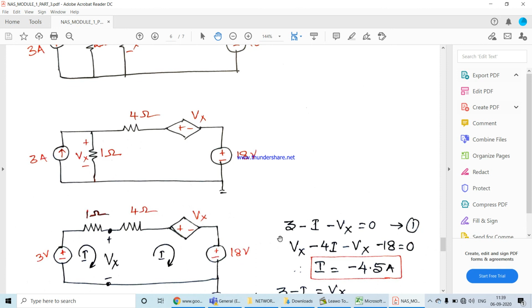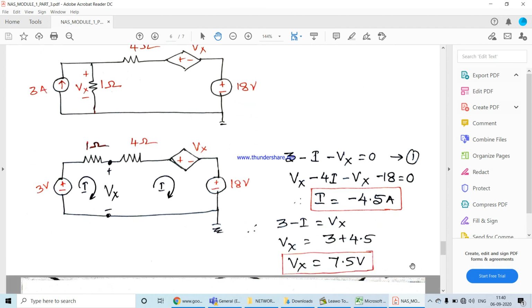Now, what is the next step which we can do? What is the next method we can apply? I'll do one thing. I'll try to convert this parallel to series now, and I will assume there is Vx across that open circuit which we created after converting parallel to series. So here we have 3 volts in series with 1 ohm, right? 3 into 1 is 3 volts in series with 1 ohm, and the voltage across that particular terminal between ground and this node is actually Vx. So I'll retain that Vx here, and that is connected to the next part of the network.